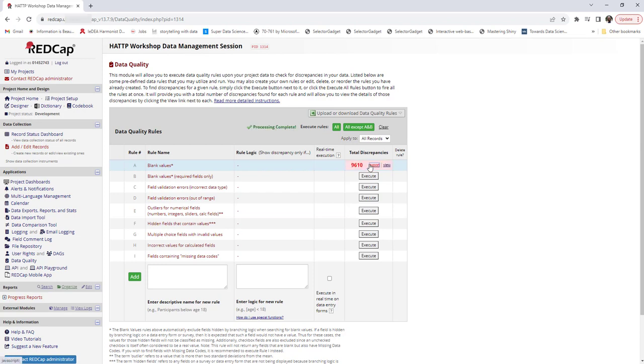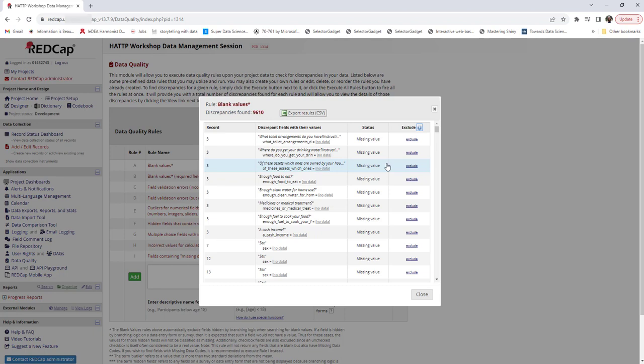And then you can see that we've got 9,610 blank values. So you can view what's actually happening there, which records have that issue. Okay, so let me try to view now. Okay, there we go. So we can see that for record number 3,